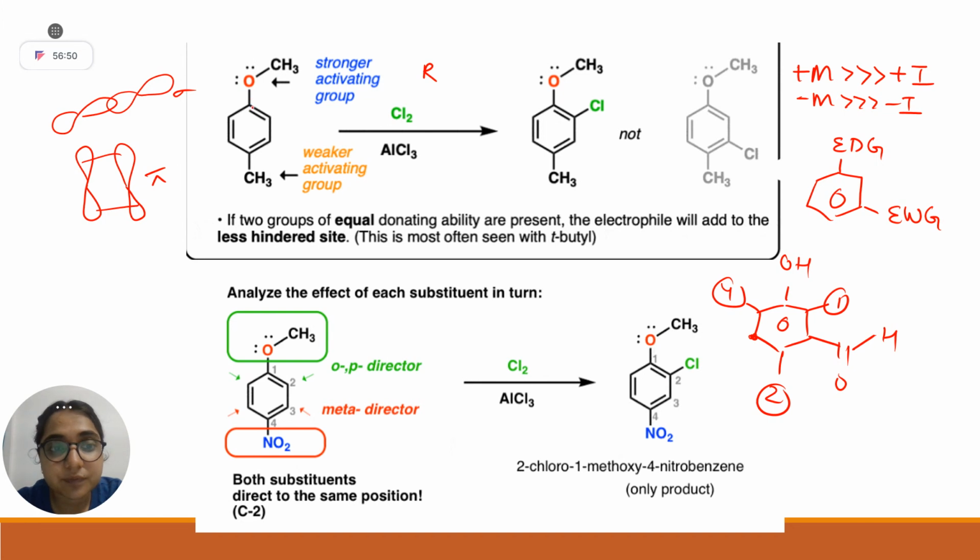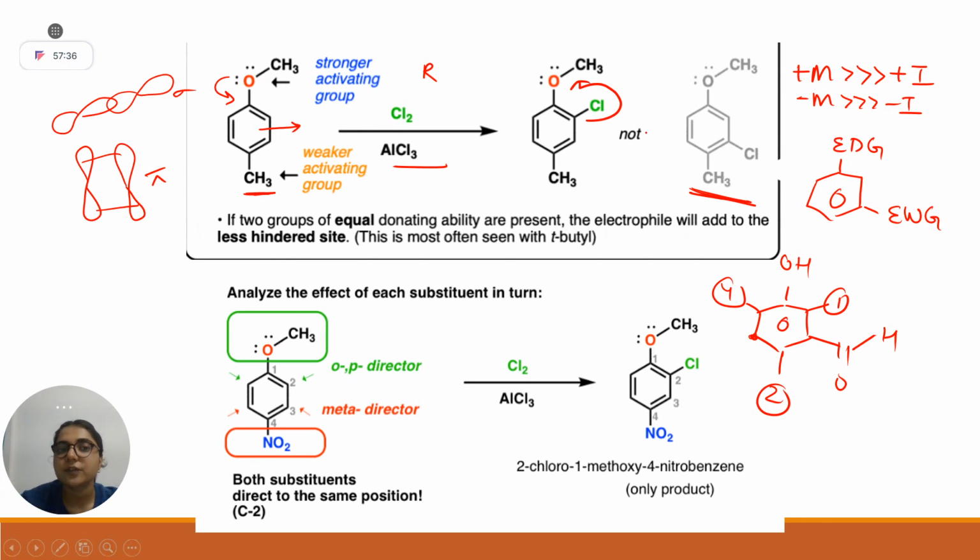So let's say this benzene ring is you, and you are money deficient. If two persons are there, obviously oxygen can help you more. Why? Due to its lone pair. But CH3 can't in comparison to this OCH3 group. Okay. So let's say you are adding an external electrophile, that is Cl2, in presence of a Lewis acid. Are you clear why you are not getting this product? Because OCH3 is ortho or para directing. Para is already blocked. Now two positions are there which are symmetrical. So obviously it will come ortho to this group.